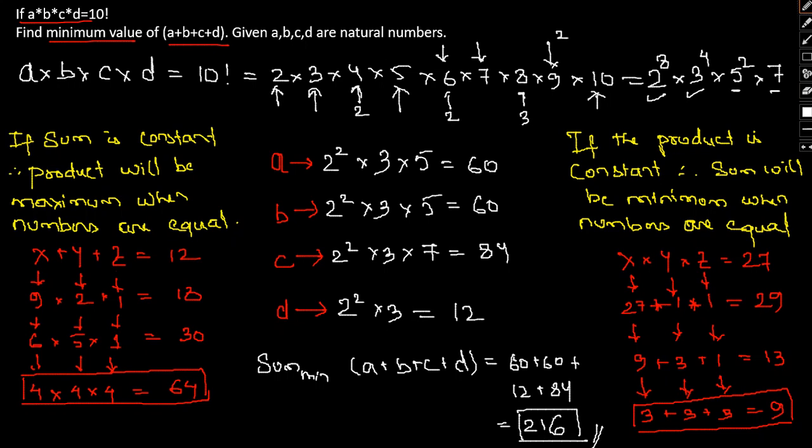We used the second concept while solving this particular question, but you can use the first concept when the question is reversed. Suppose the question was: A plus B plus C plus D equals 10 factorial, find the maximum value of A into B into C into D. That way we could have solved it using the first concept. Maybe not 10 factorial, maybe some other value, because summing to 10 factorial would be really cumbersome. So keep a note of these two important points, try to solve this question on your own, and keep this video as a reference. That should give you clear insights on the approach involved.